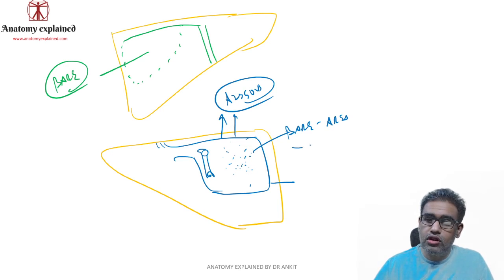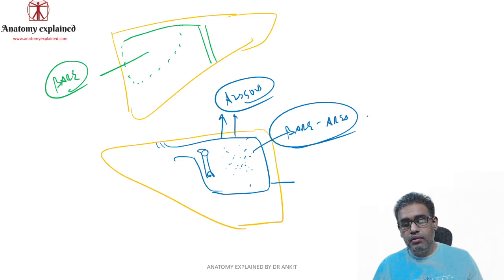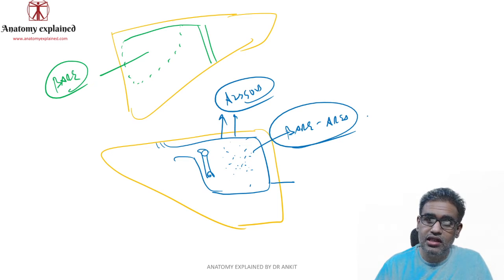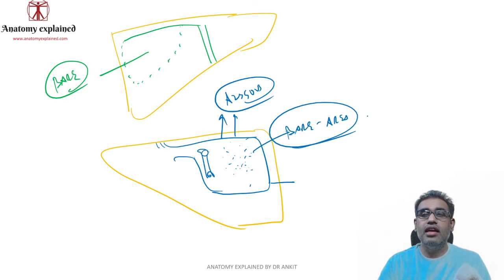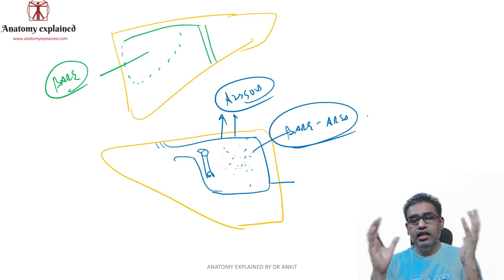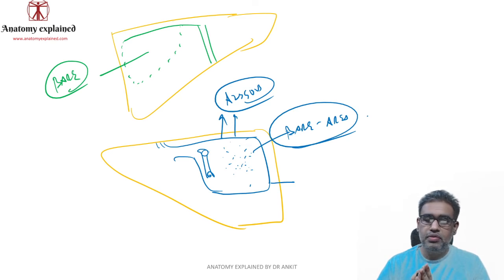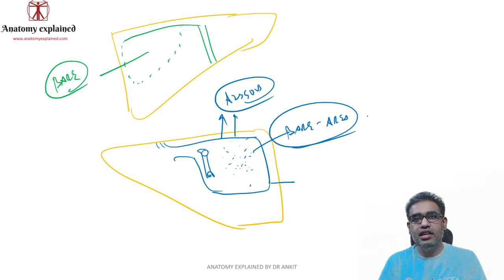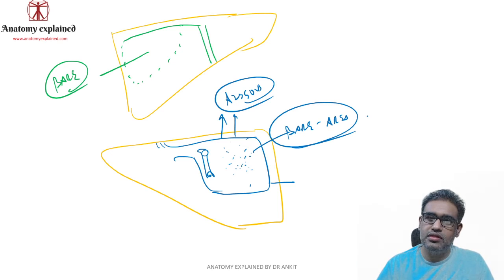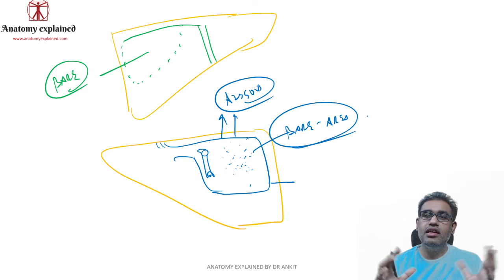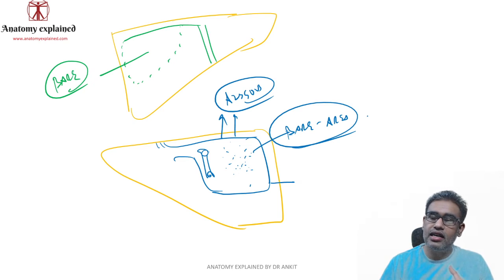So this area also is an important area of portocaval anastomosis. So these are the various areas of portocaval anastomosis. Understand which areas are being drained by the portal circulation. At those extremes everywhere, you have portocaval anastomosis, because blood from the portal vein does not go directly into the heart, it goes via the IVC. So you have some anastomosis.